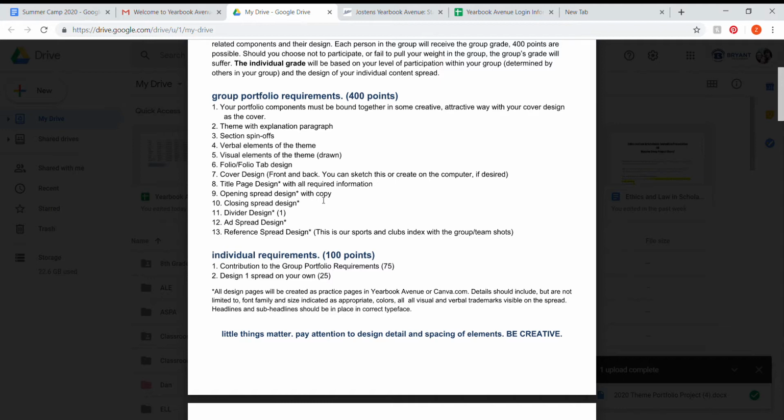Closing spread, it should have copy on it. However, I've pulled the copy off of it for this particular project because I didn't want to spend forever focused